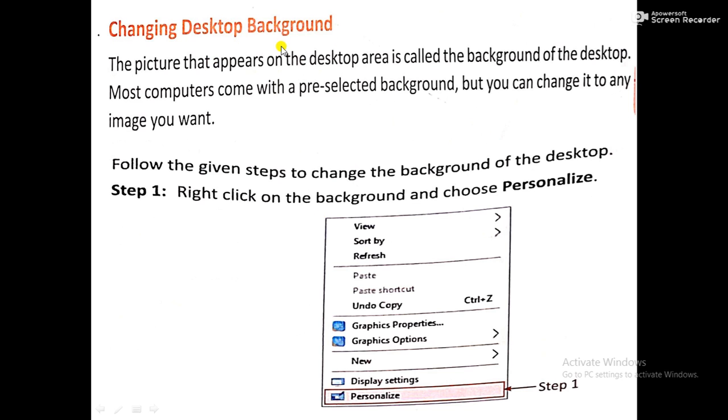Next is changing the desktop background. The picture that appears on the desktop area is called the background of the desktop. Any colorful picture on the desktop is known as the background of the desktop.